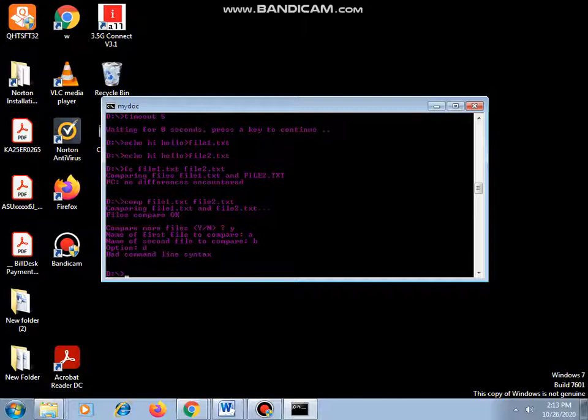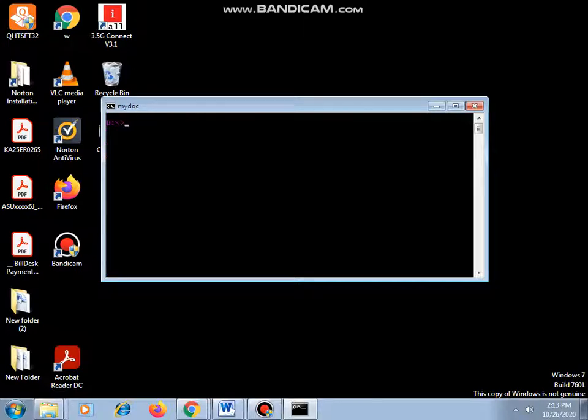If I have to clear the screen, I can make use of the cls command. It will clear the whole screen. The attrib command is used to display the attributes of all the files. If you want to take the input of the file, you can make use of the more command. You can type whatever you want.